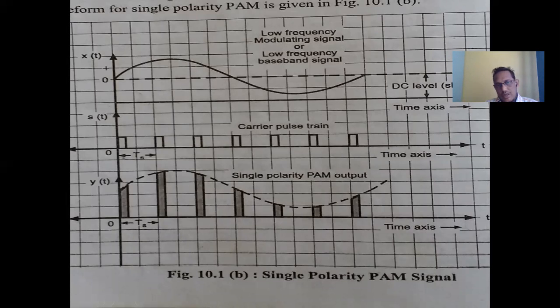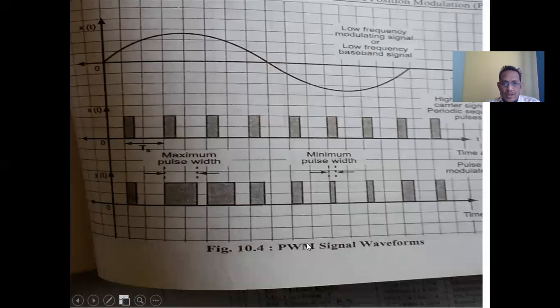Okay, so this is again the pulse amplitude modulated signal, as per the definition of pulse amplitude modulation. So this is nothing but a pulse width modulation. As per the definition of pulse width modulation, this is a low frequency signal, and this is the high frequency pulse train. As per the definition of pulse width modulation, the high frequency carrier signal, that is a pulse train, is changed in accordance with the amplitude of the modulating signal by keeping amplitude and the position constant.